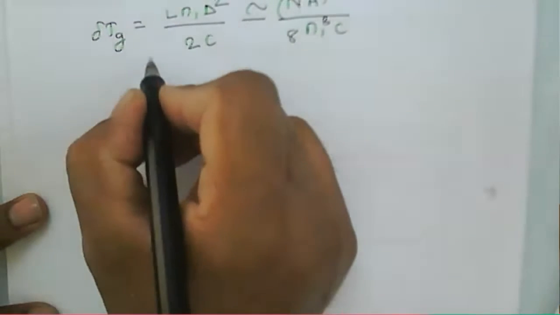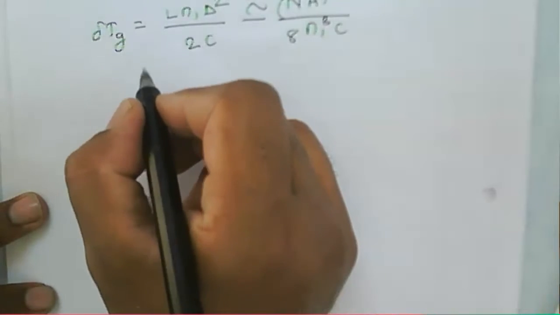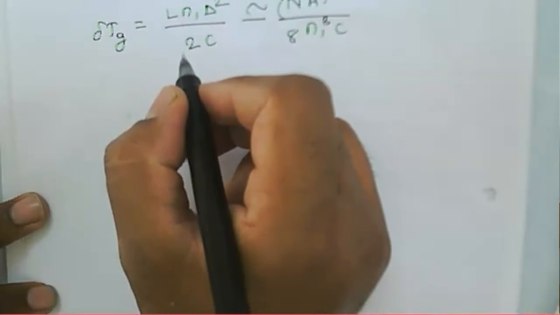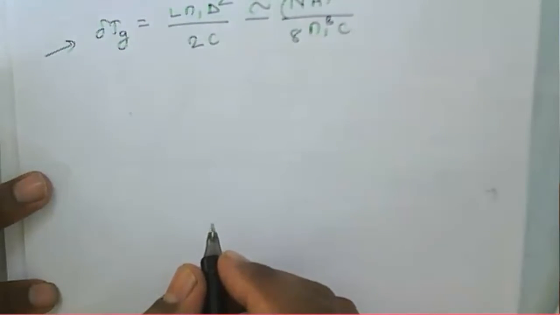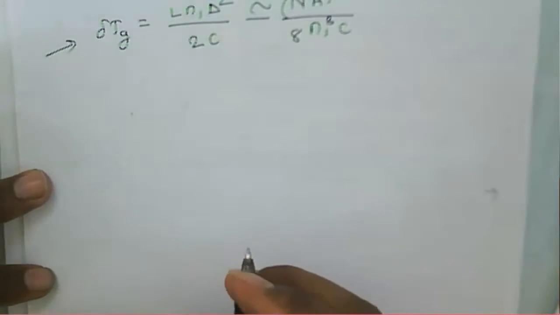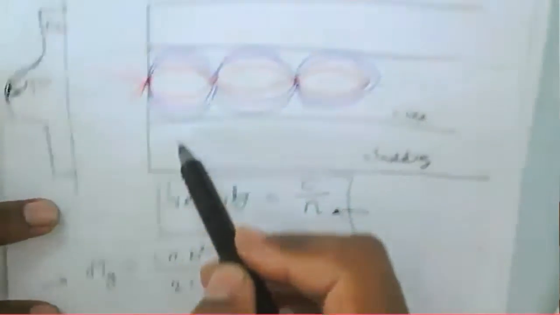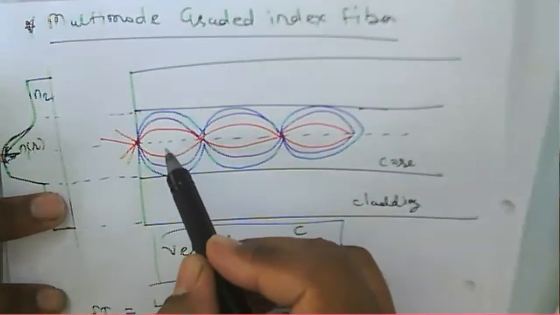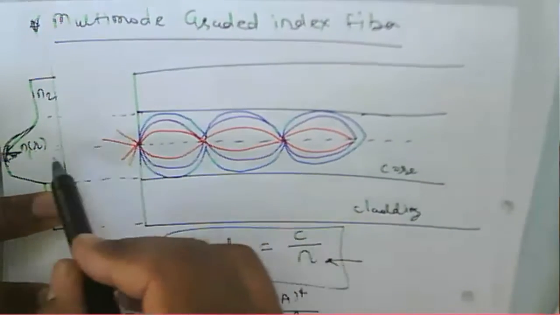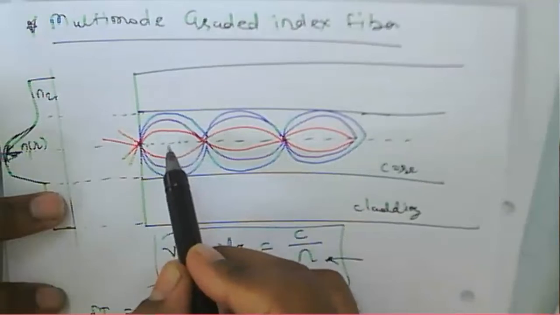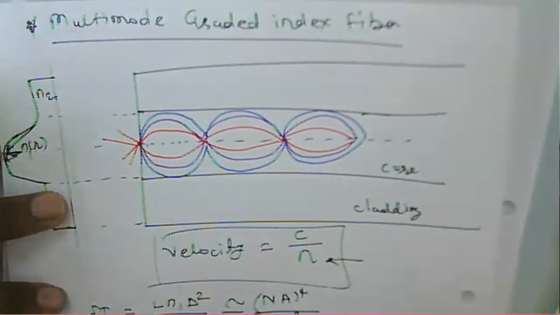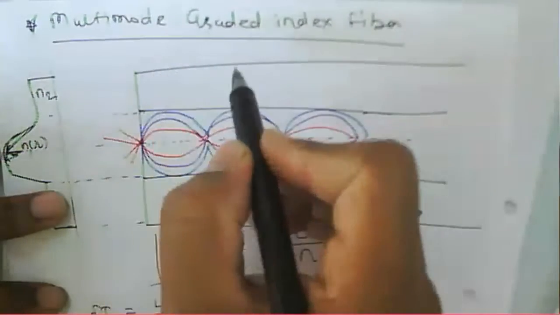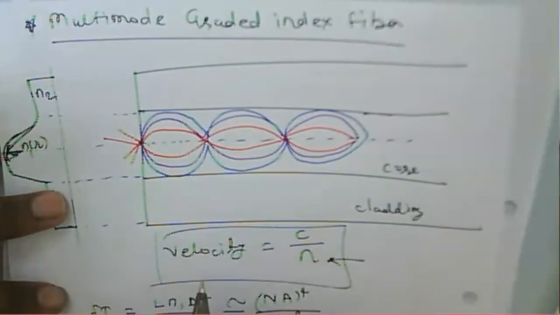So this one is about the delay difference in a multimode gradient index fiber, because in a multimode gradient index fiber the core refractive index varies with respect to the radius, such that at the center it is maximum and gradually it decreases. So that's why intermodal dispersion in the multimode gradient index fiber is minimum,